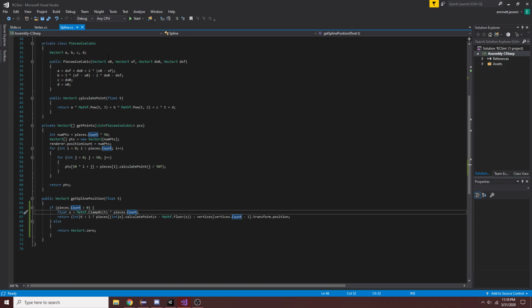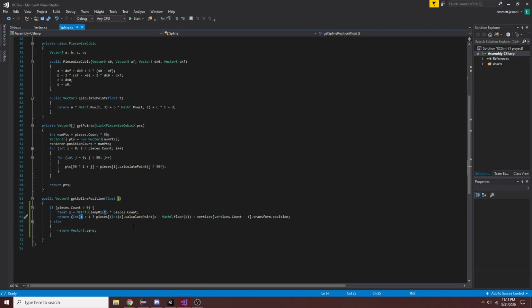Obviously, as I mentioned, this is parametric. If you don't have any knowledge on parametric equations, basically this piecewise function goes from 0 to 1 for its t, and so when we scale this up relative to the number of pieces, we can determine two things. So first, in this giant condensed return statement, we determine if t is less than 1, the issue being that t can be greater than 1 in some cases, in which case we just want to effectively clamp it,